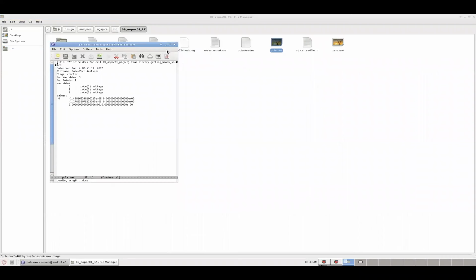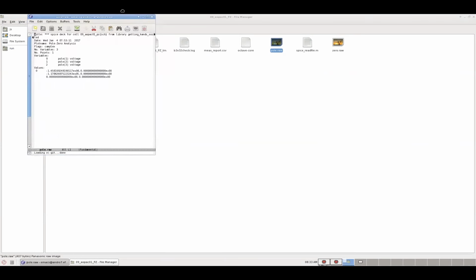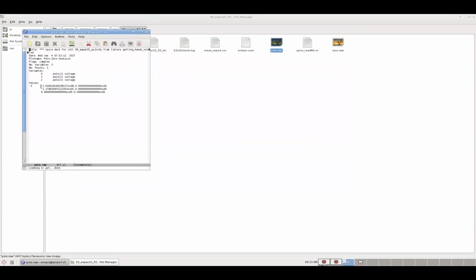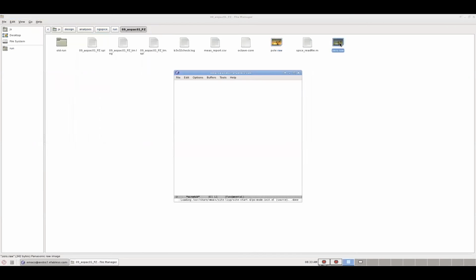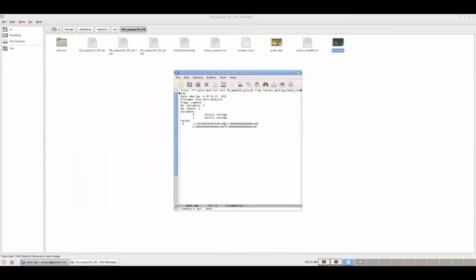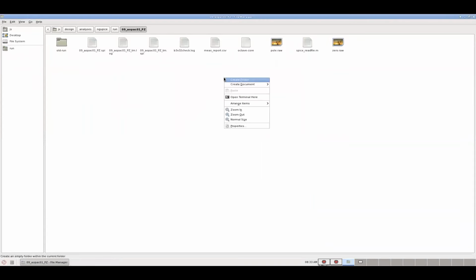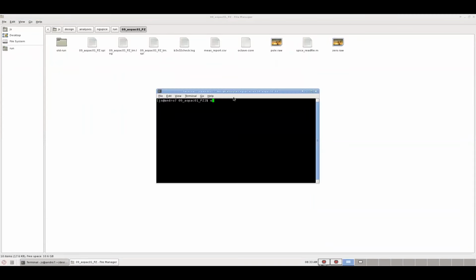So it is going to generate two raw files, one named pole.raw, which will have your poles in complex signal values. And the second is the zeros, which will have zeros in complex values. And you can always use Octave